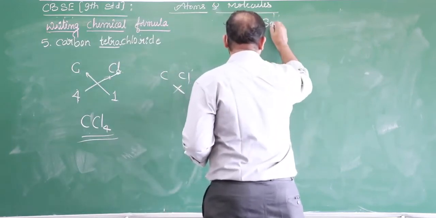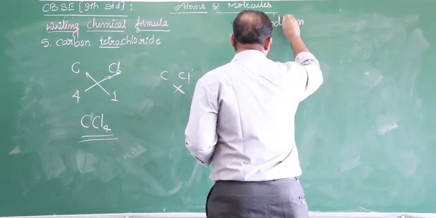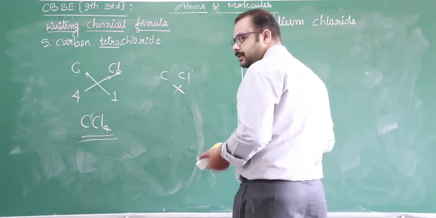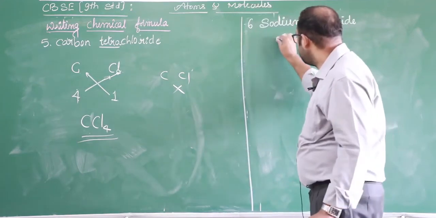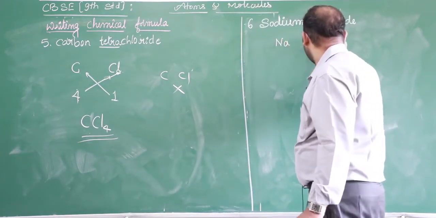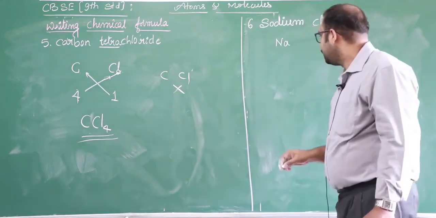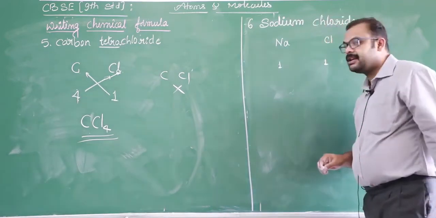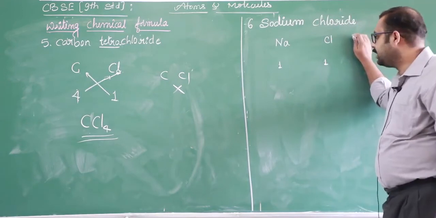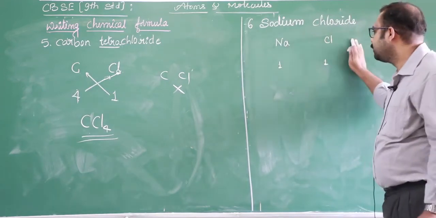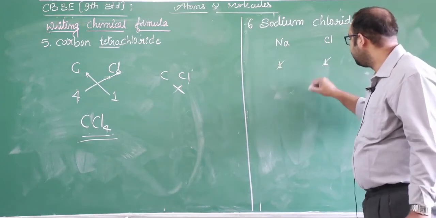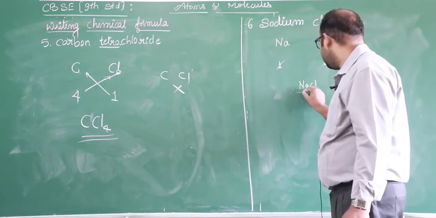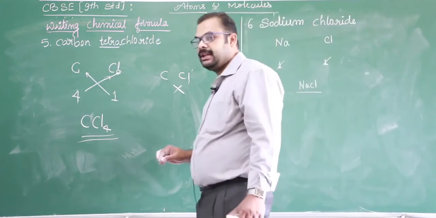Say sodium chloride. So here sodium is a metal and chloride is a non-metal. Okay, so the valence of sodium is 1 and chlorine is 1. If the elements contain metal and non-metal, first we have to write the metal, followed by the non-metal. Then both of them having the same valency cancel each other, then write the symbols together, and it forms sodium chloride, that is NaCl.